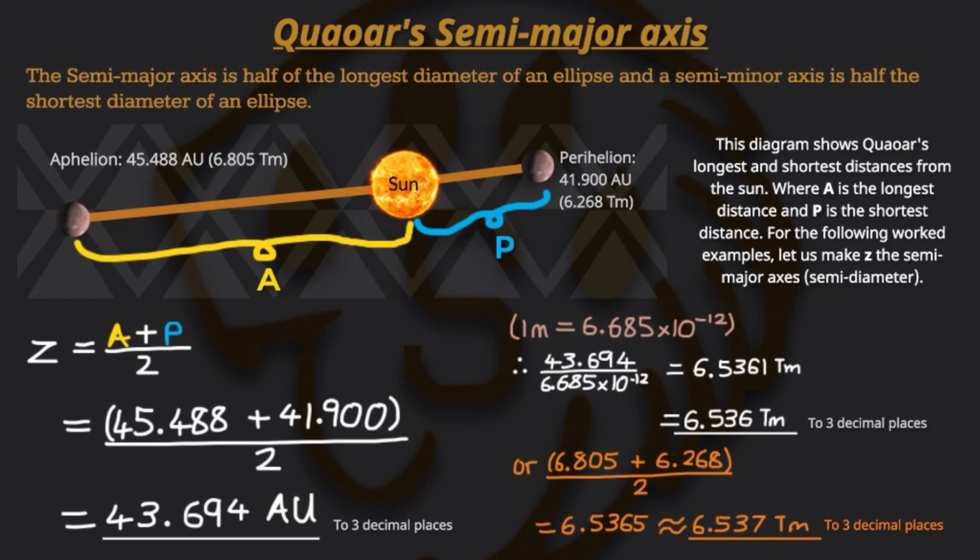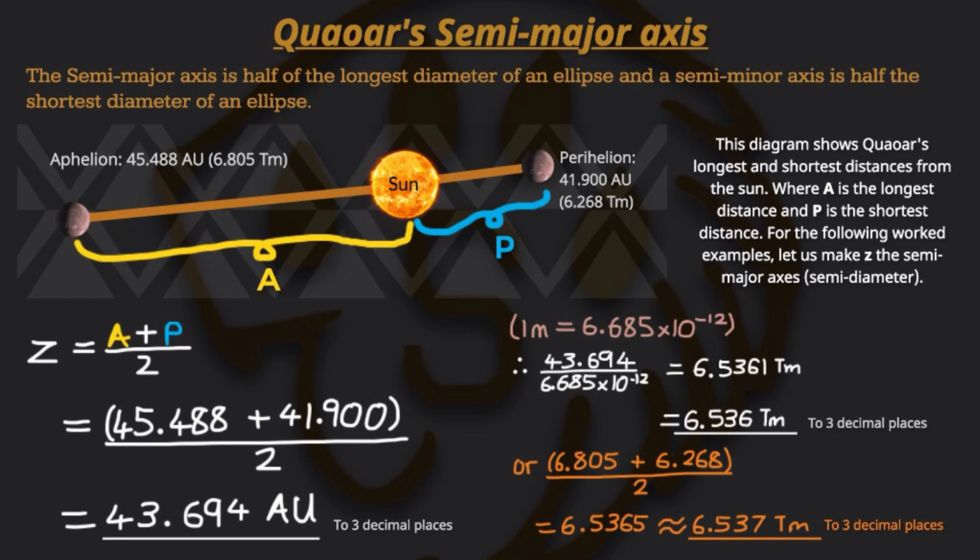But in this case, we're going to look at the illustration that we have. We have those two Quaoars on either side, and we have a P and an A, which are the aphelion and the perihelion, with the yellow being the aphelion and the blue being the perihelion. When you then look at the derived equation, a is equal to A plus P, which is aphelion plus perihelion, over 2, and it's with the respective colors so that you can see what we mean. So that's where we get those values: 45.488 plus